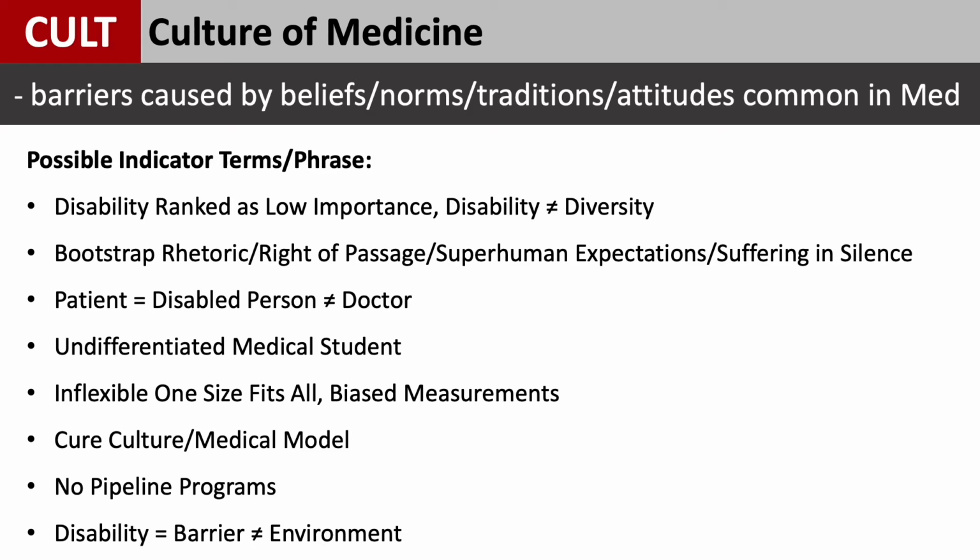So like we know that the MCAT is a measurement tool, but is it perfectly reflective of who's going to be a good doctor? No. Why do we need to measure someone on their manual dexterity if they plan to go into psychiatry? Stuff like that. Cure culture, medical model, so this idea that disability is bad, that it needs to be fixed